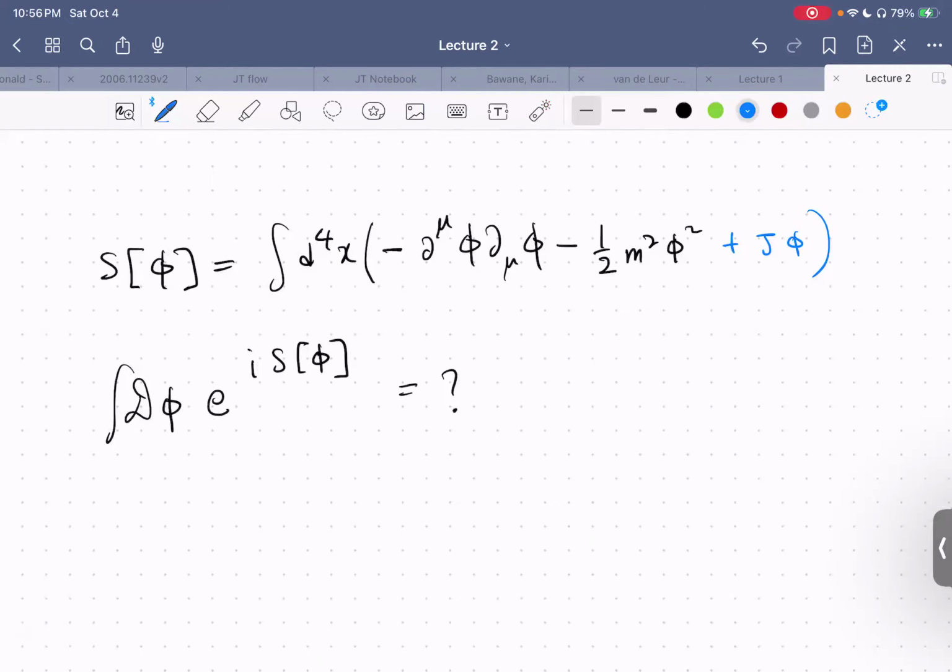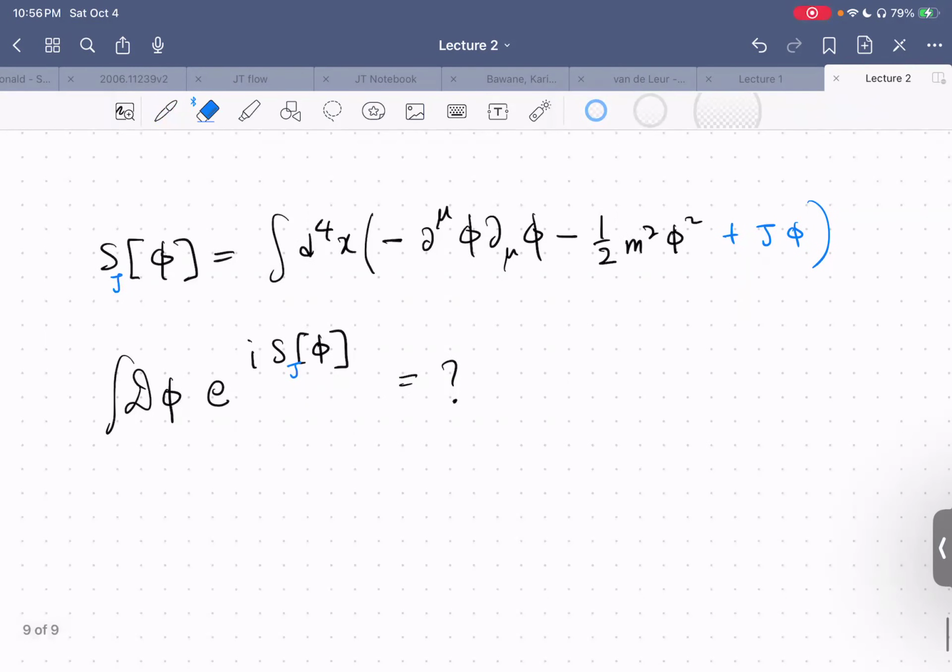And okay, maybe I should write S_J to remind us that we have added J. So this is what we want to compute. Right? So how do we compute these things? Well, first let's observe that